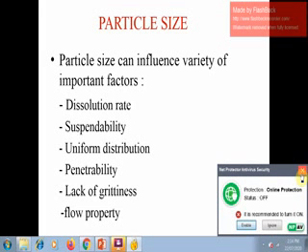So for the preparation of tablets, capsules, or powders, particle size is very important, and all of you know that particle size can influence a variety of important factors of dosage forms. Suppose particle size is larger, then the dissolution rate may be slower, it may require more time for dissolution.